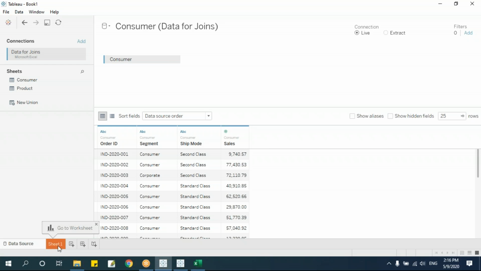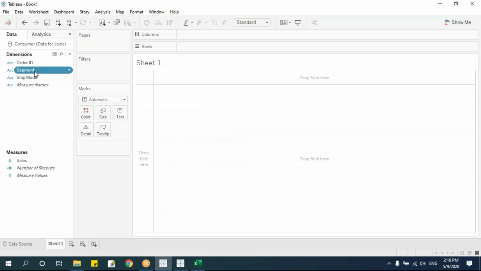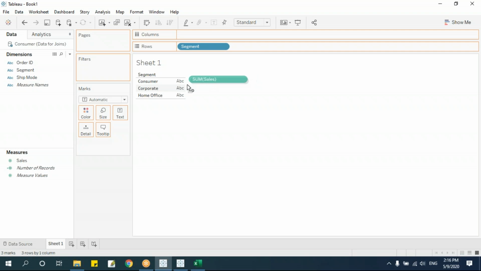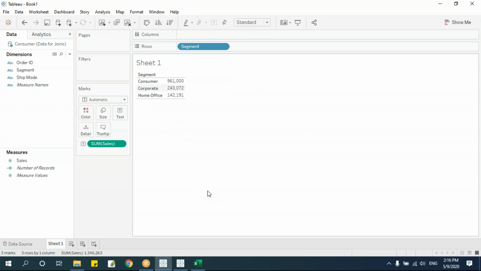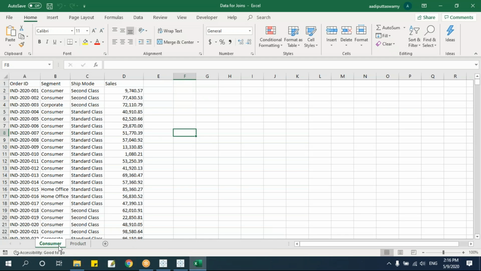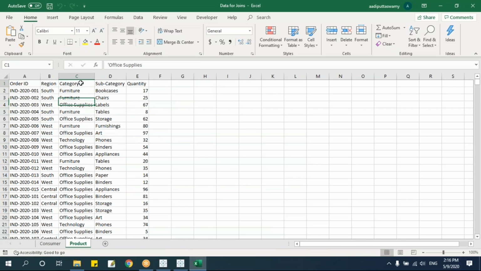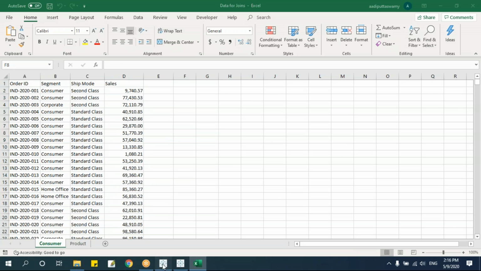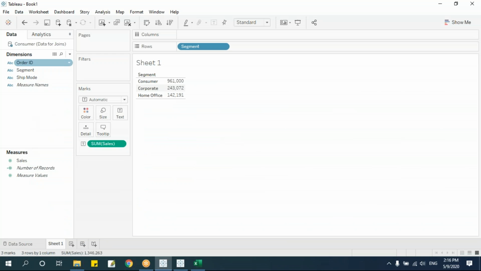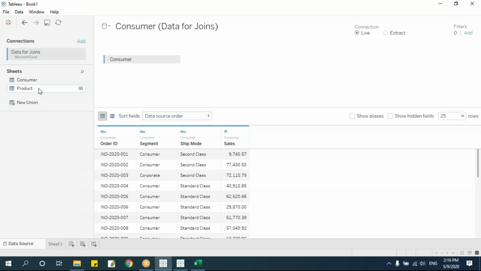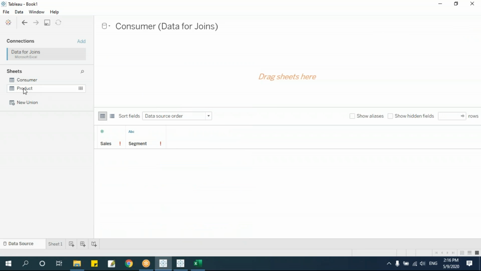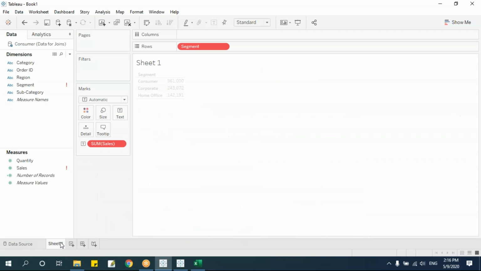Now if you want to create the report, I'll go here. I can just drag this as segment and sales. I'll get the report. Fine. Now if you go to this Excel sheet and see, I want to get the report based on category. Now if you want to have a category here, I don't have the category column. For that, I have to take it from the product table. Now one way is I have to go here, then remove this and take this product, and then I'll go here and then